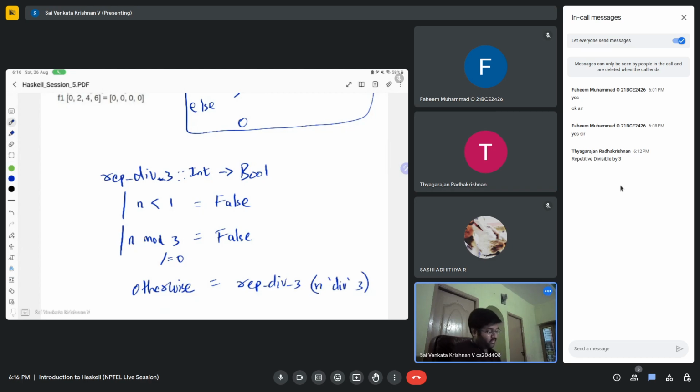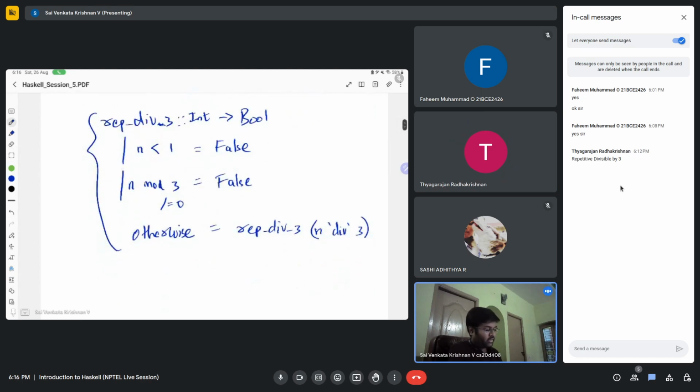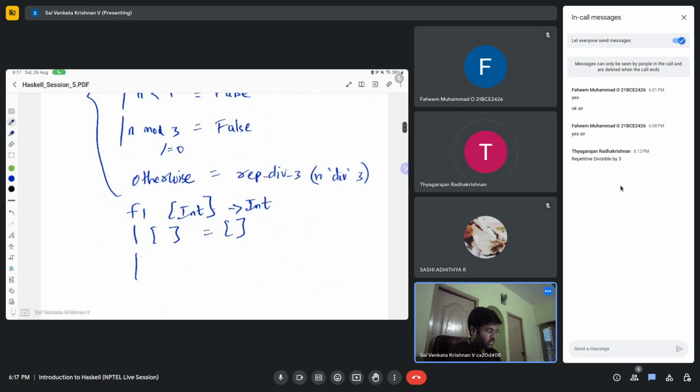Nice, okay. So by this you find out whether it's repeatedly divisible by 3, and now you will insert this function within say f1. So in f1 you will insert it, which takes a list of integers and returns back a list of integers. It's basically, so an empty list returns an empty list. That is the first condition. That's the trivial one. Now say if it has x's,